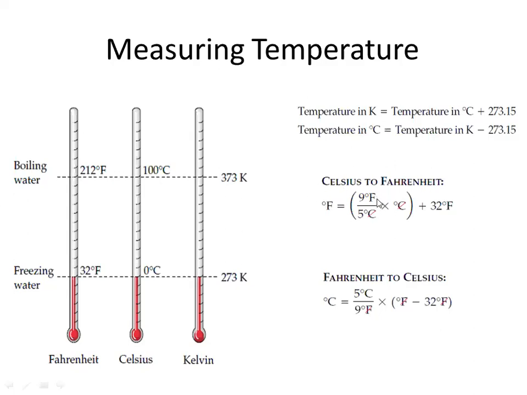Now this is to convert. Actually, the figure you have here is to convert into Fahrenheit, and this is to convert into centigrade. If you have a look at this formula, there are only two units: Fahrenheit and centigrade. So that means you can only convert Fahrenheit to centigrade or centigrade to Fahrenheit. So the first formula is, if you have the temperature in degrees Celsius, how can you convert it into Fahrenheit?